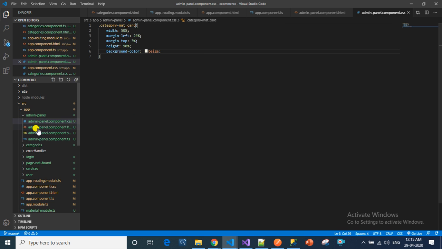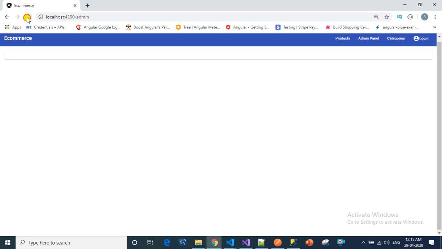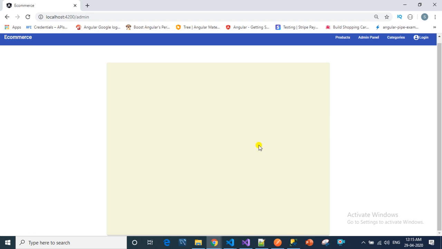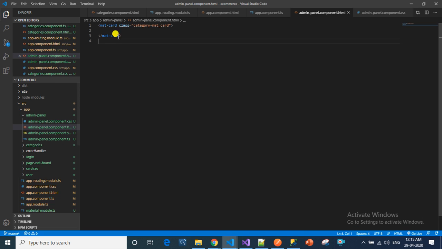Now we add some styles to this mat card, and we will see that in the browser. So these styles are working. Now we will quickly create some inputs for inserting data into the database.